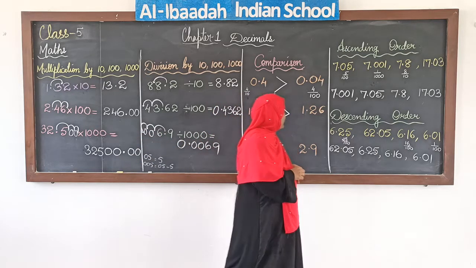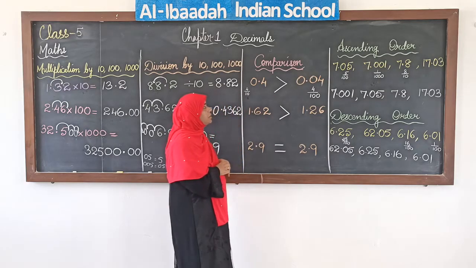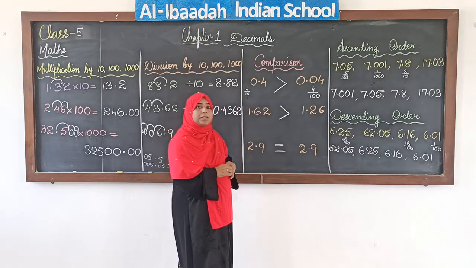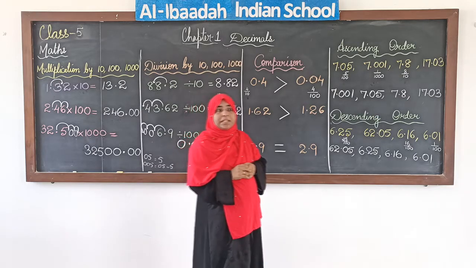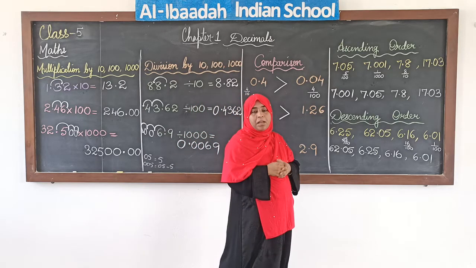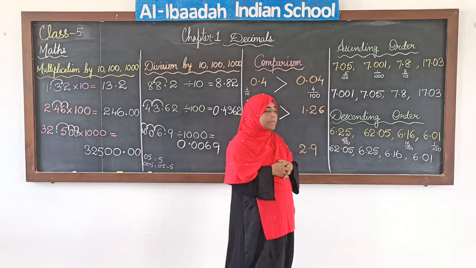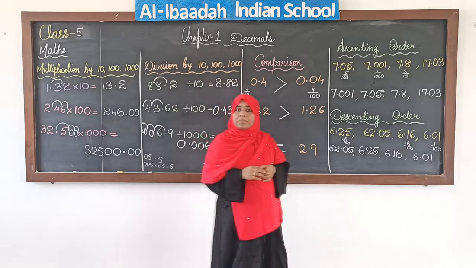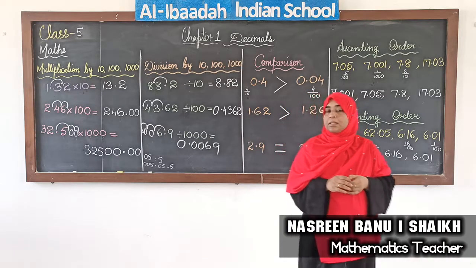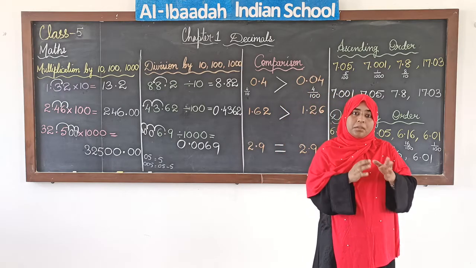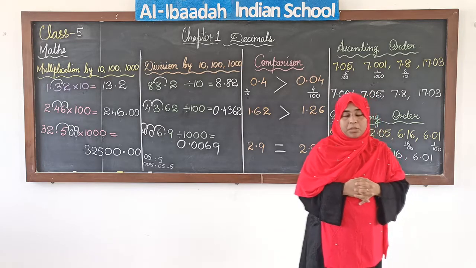Okay, then comparison of numbers, we compare the whole numbers first and then we compare the decimal part or the fractional part. We have to see how many parts are made and how many parts we are selecting. I hope you have understood all that we have discussed today. Children, you need to practice all that we are discussing and we are learning so that you can be perfect in all the concepts. Okay.